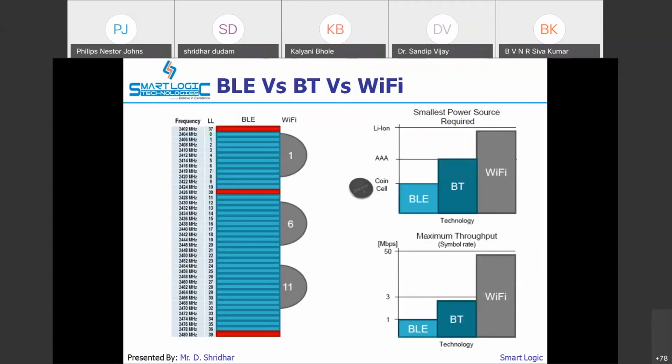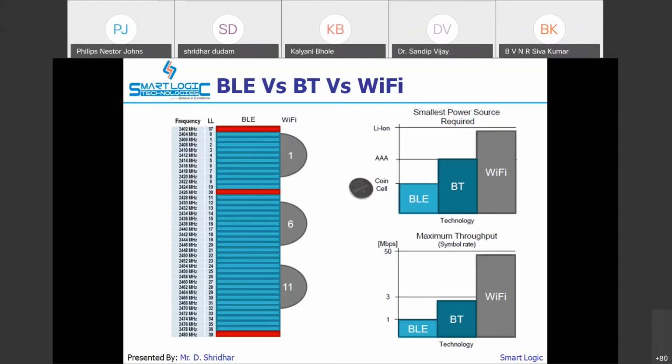We will also talk about Wi-Fi later on. This is a simple comparison slide between Bluetooth, BLE and Wi-Fi. With respect to power required, BLE can operate on a coin cell, whereas Wi-Fi operates on lithium ion because Wi-Fi requires more power whenever data transmission takes place.